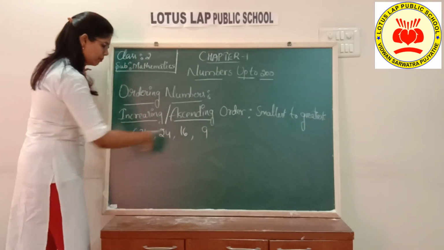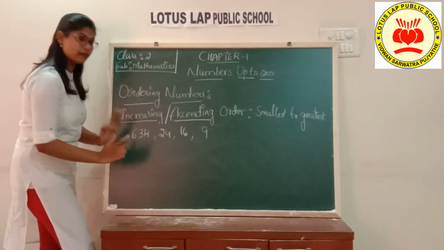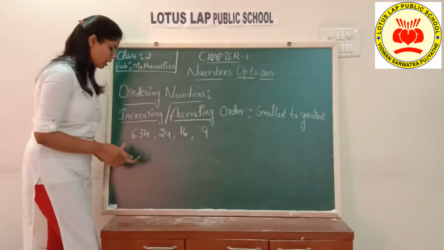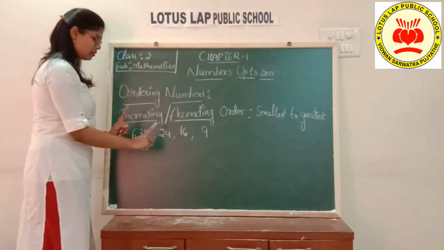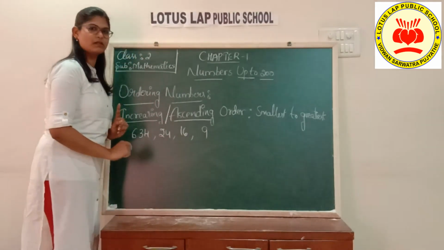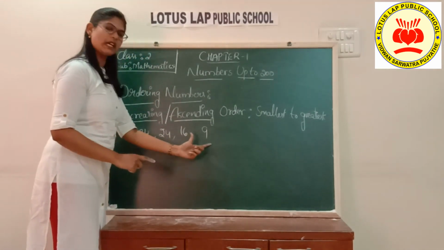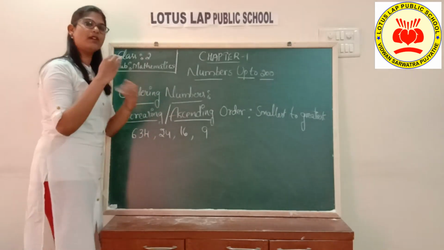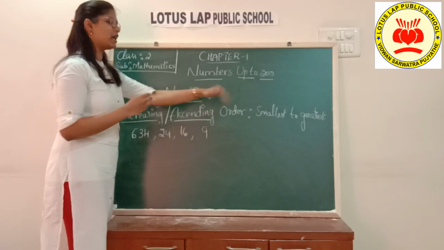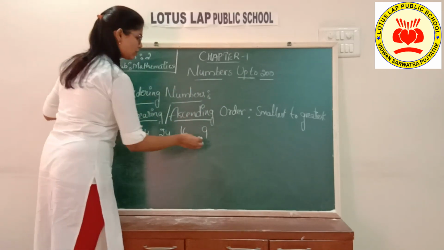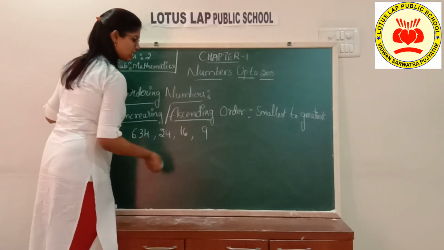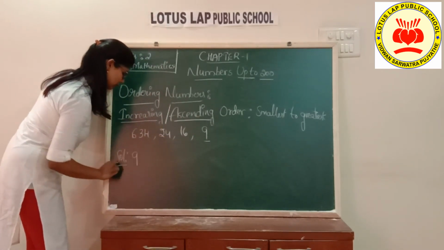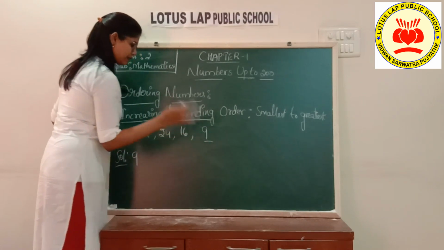Okay. Now let us compare the numbers first. Which one is the smallest among these 4 numbers? Okay. You need to check. First check the 1 digit numbers. Because you have 4 numbers now, you first check whether there is a 1 digit number. Because if the number of digits increases, that will become the greatest number. Okay. The first smallest number is the 1 digit number, which is 9. So write 9 here. The 1 digit number is finished.